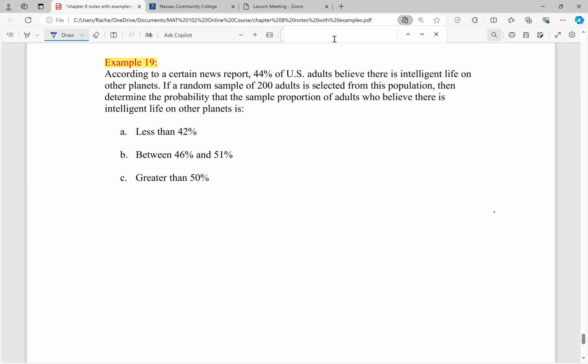Let's forget about the question for a minute. This is what we always do, right? First, we identify who's your population, what were we told about the population, are we taking a sample? So our population is US adults. That's the group that we're studying, right? US adults. We're being told that 44% of these adults in this population believe that there is intelligent life on other planets. So we're being told that the population proportion of adults that believes there's life on other planets